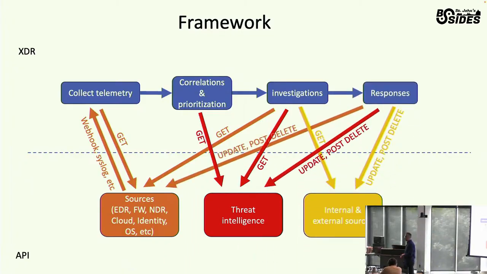And then the response, which is the fun part. Right? How do we mitigate, control, isolate a potential threat? And here's the difference. From now on, we will use additional HTTP or REST API functions, like the update, the post, and the delete, as well, because we're in the response phase, right? So we can go and add additional context to our source, right? Let's say it's the entity provider, it's Azure AD.